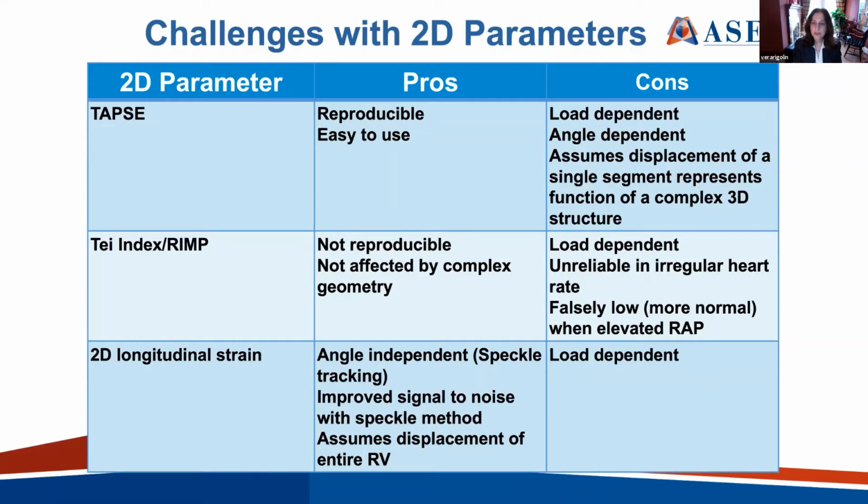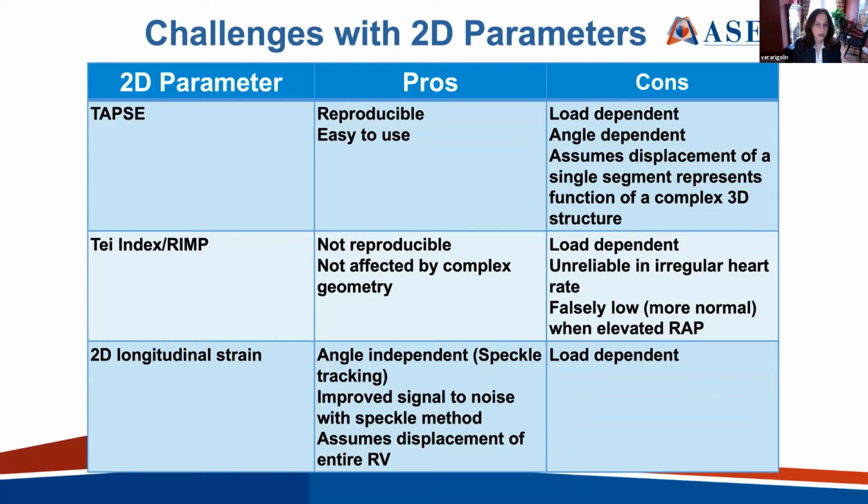It assumes that displacement of a single segment represents the entire function of the right ventricle, which cannot absolutely be true. The Tei index or RIMP is not reproducible, can be affected by complex geometry, and is also load dependent,